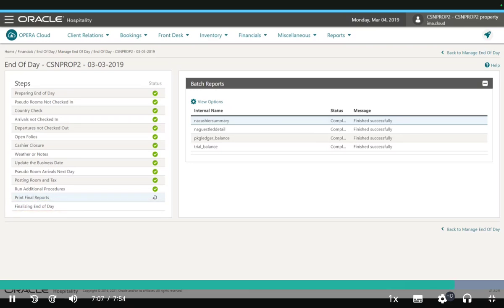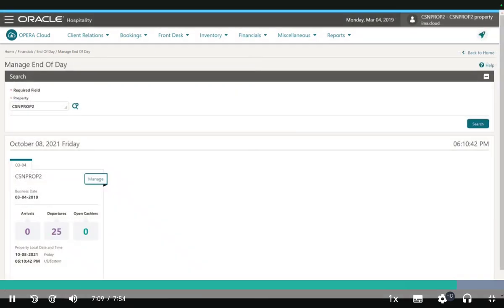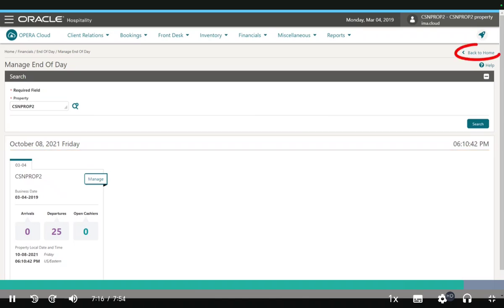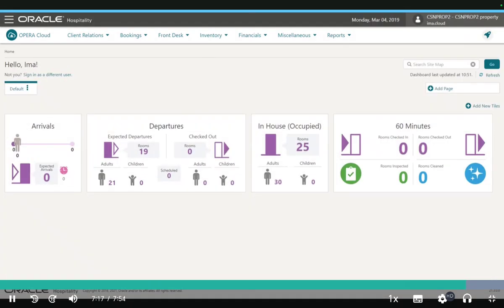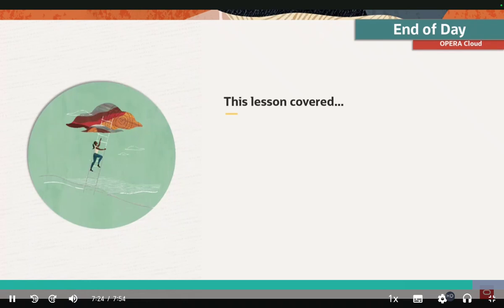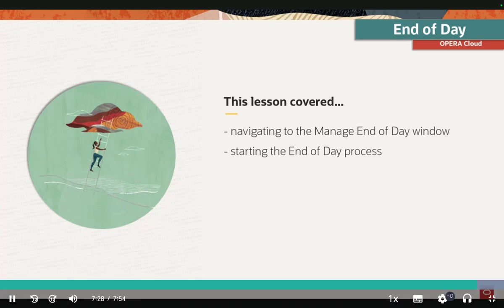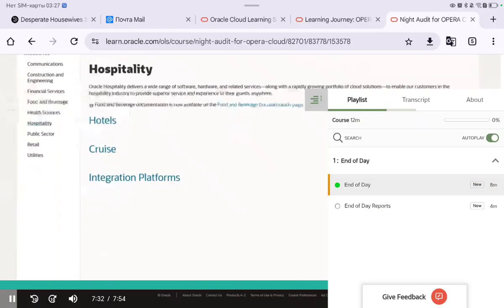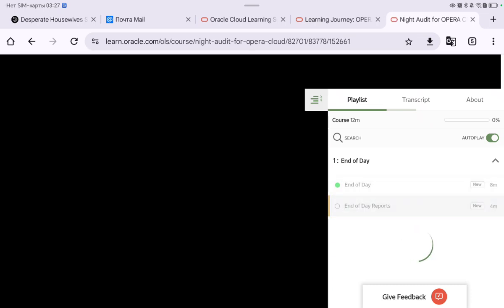When the end-of-day process is complete, you are automatically returned to the Manage End-of-Day window, which now displays the new business date. Click the Back to Home link to return to the dashboard. Here, you can also see the new business date at the top of the window. This lesson covered navigating to the Manage End-of-Day window, starting the end-of-day process, and end-of-day procedures. For more information on Opera Cloud,